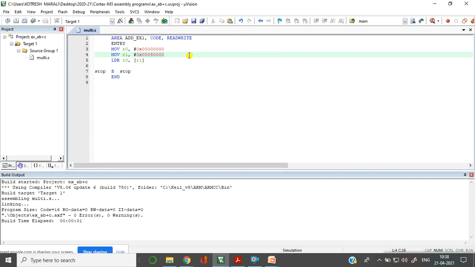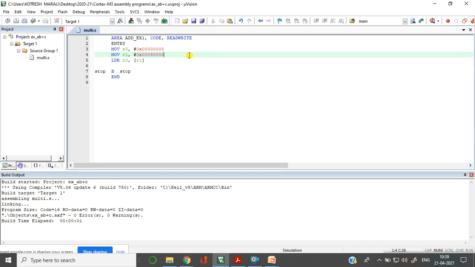Now this particular example simulation will make you understand how to use the Keil tool when we are working with a load store instruction, and how to use the memory mapping in the Keil window. Probably this is the first time you are seeing this kind of example.